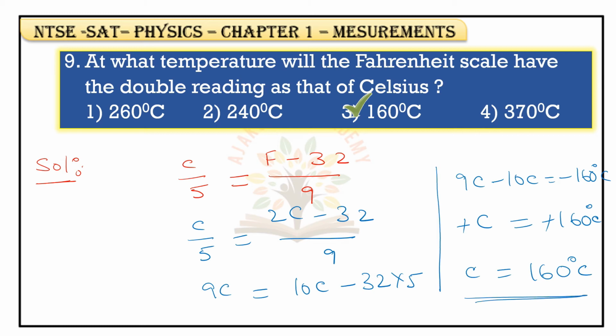So at 160 degree centigrade temperature, the Fahrenheit scale has double the reading of Celsius. Okay, the answer is 160 degree centigrade. So third option is correct. Okay, next,